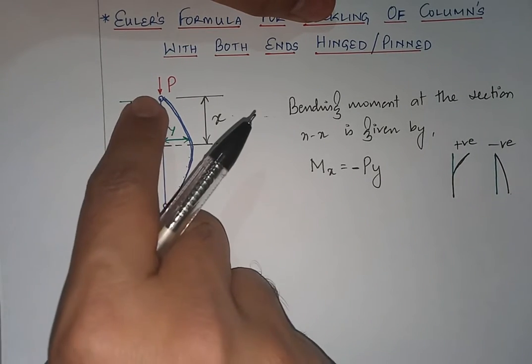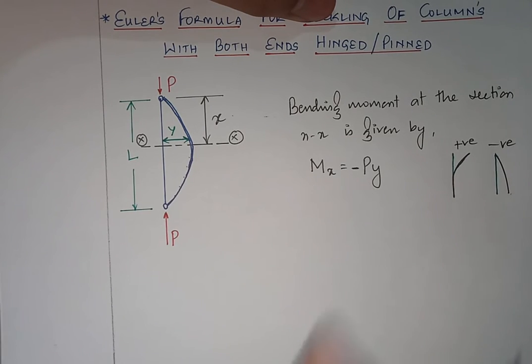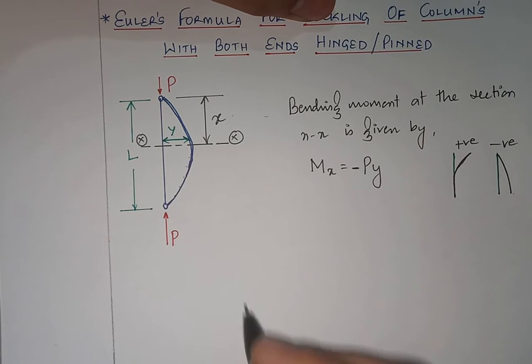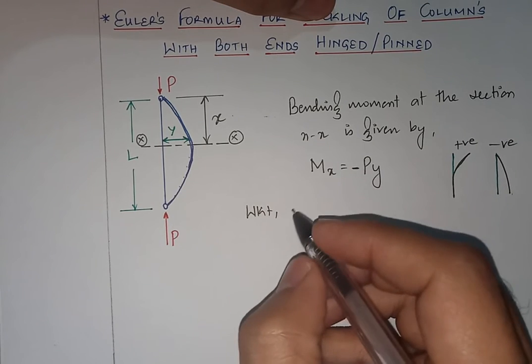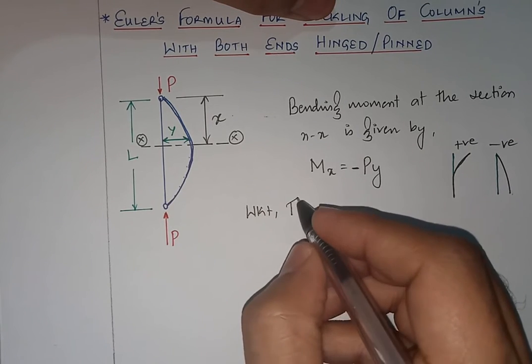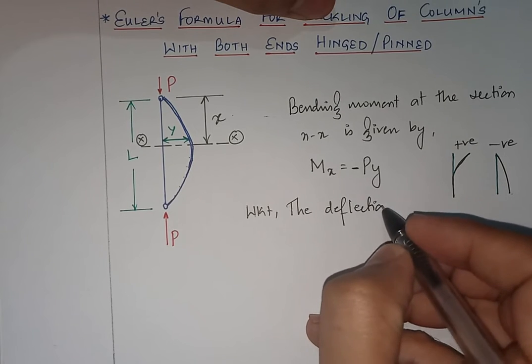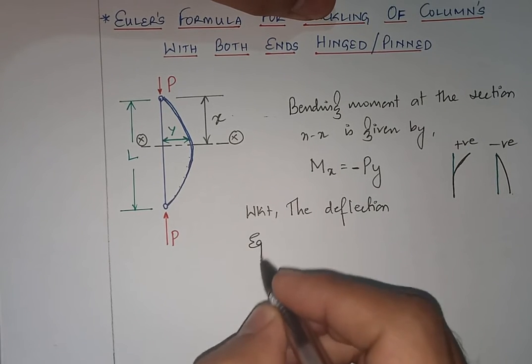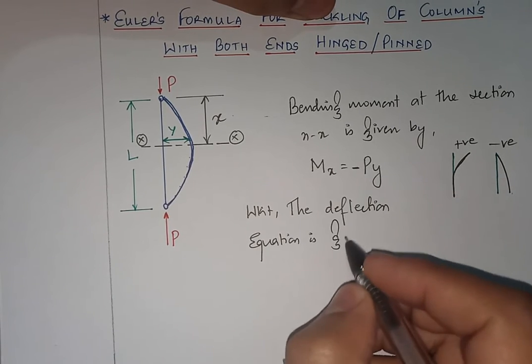So that is the reason it is P into perpendicular distance Y. So it is taken as negative. Right? So we know that the deflection equation is given by,